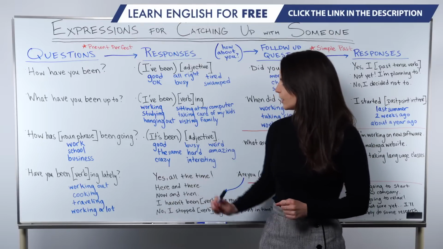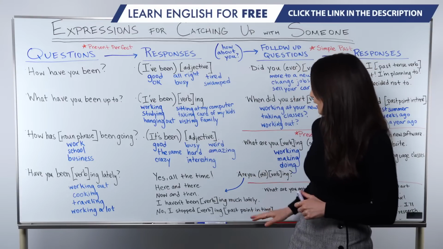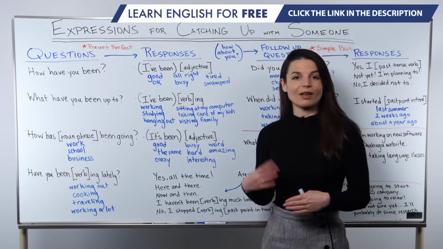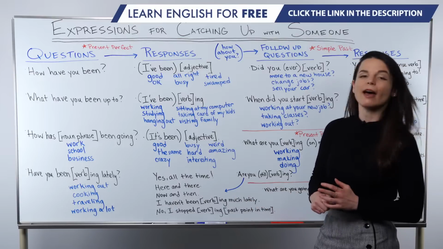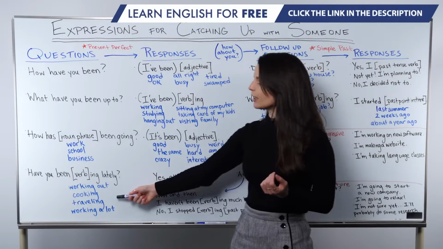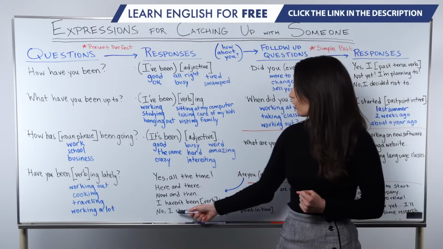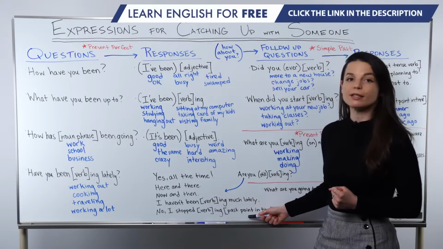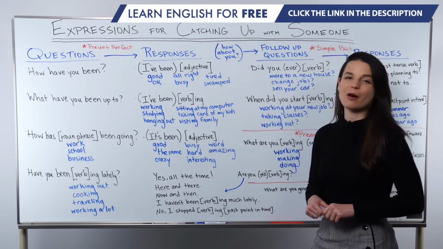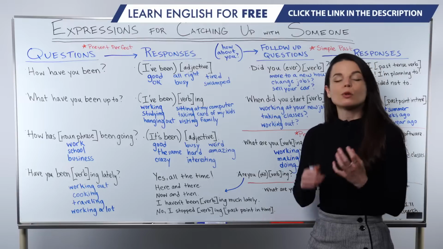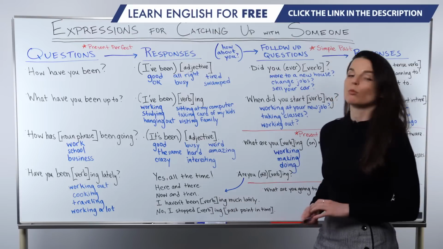So have you been traveling lately? Now and then. So this means sometimes. Both of these mean sometimes. Then if you are not doing something very much, you can say, I haven't been verbing much lately. So have you been cooking lately? I haven't been cooking much lately, no. Or one more, no, I stopped verbing at a past point in time. So for example, have you been working out lately? No, I stopped working out about 3 months ago. I got really busy. So you can express that something stopped as well with this pattern.